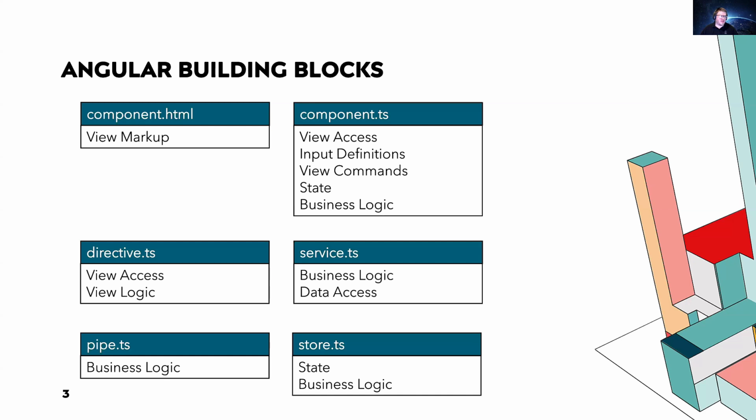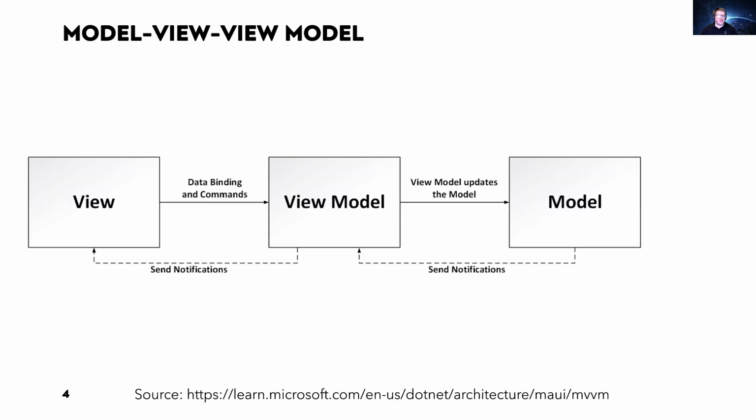Let's see how this compares to the model view model pattern, which is the foundational architectural pattern of the Angular framework ever since AngularJS. This pattern is composed of three layers. It has the view, which is entirely concerned with what's presented to the user on the screen. In web development terminology, we would say this is all concerned with the DOM. The view model, which contains the state for the view, as well as handling user interaction and any logic that is entirely view specific. And then the model, which contains all the business logic, as well as the data access